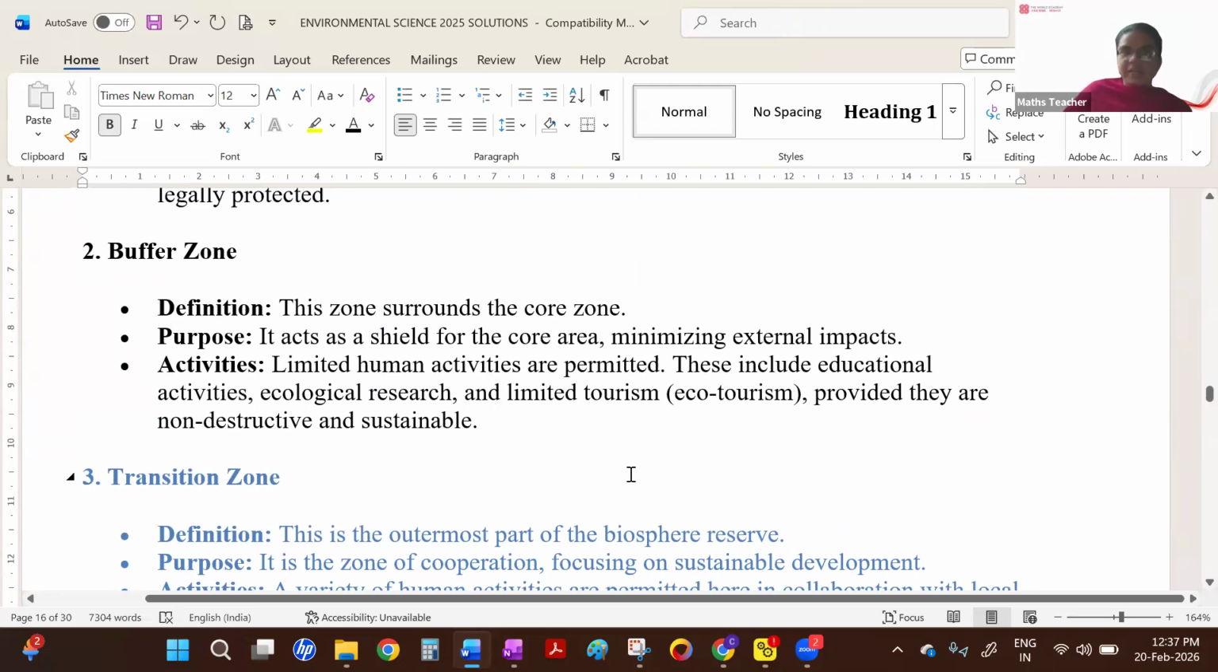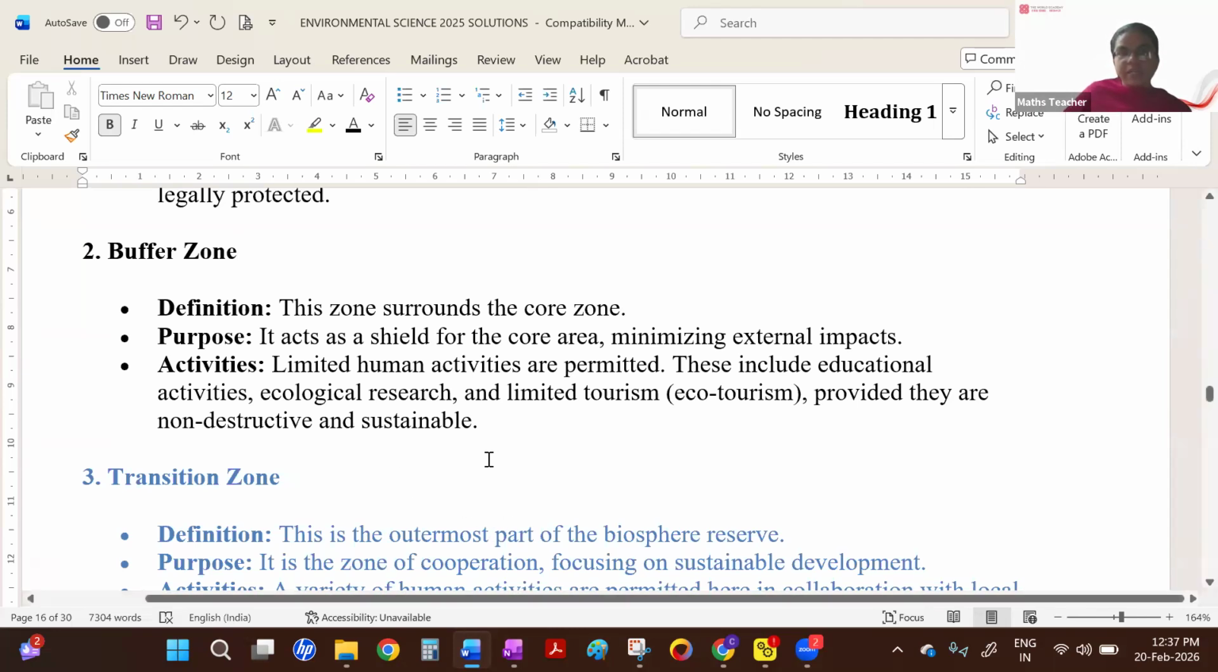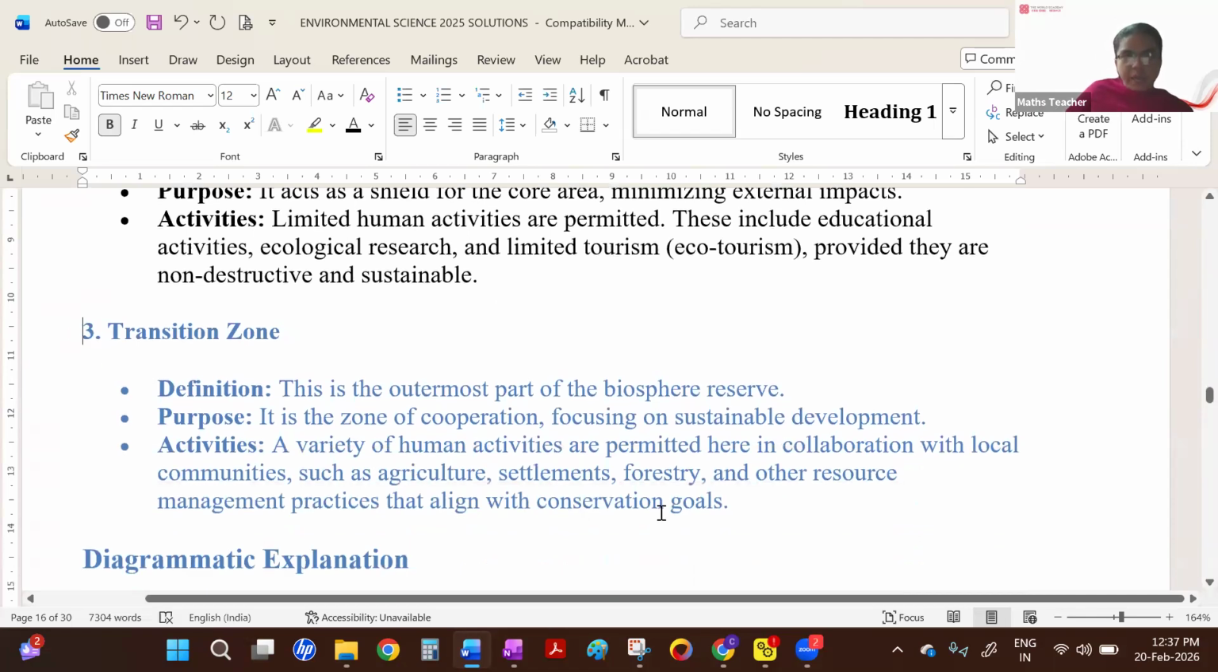These include educational activities, ecological research, and limited tourism. Only ecotourism. People can't exploit that region, but they can go visit. Maybe they can go see the animals, provided they are not destructive and sustainable. So this is allowed in the buffer zone. And then